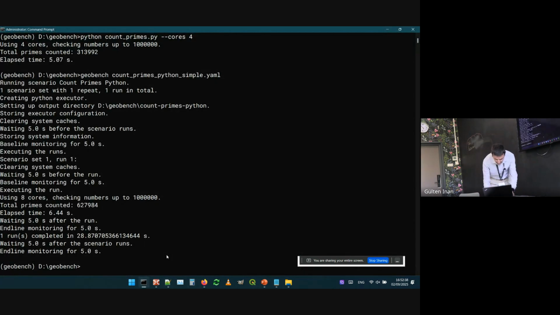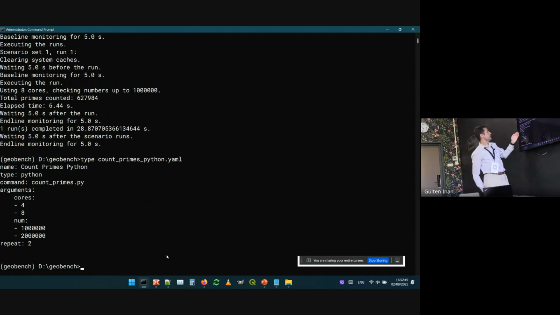There is another one. It's the same thing, but in this case, we are telling the system to use two values for cores, which are 4 and 8, and two numbers also. So it creates the combinations, and from these combinations, it will create 4 different sets. So if you run this one,